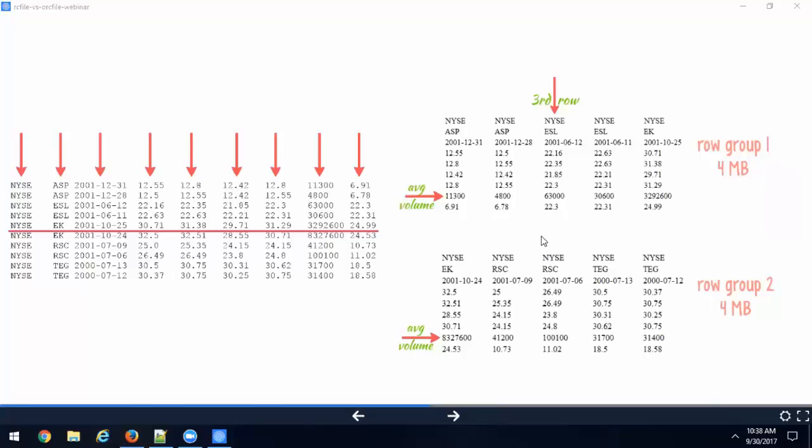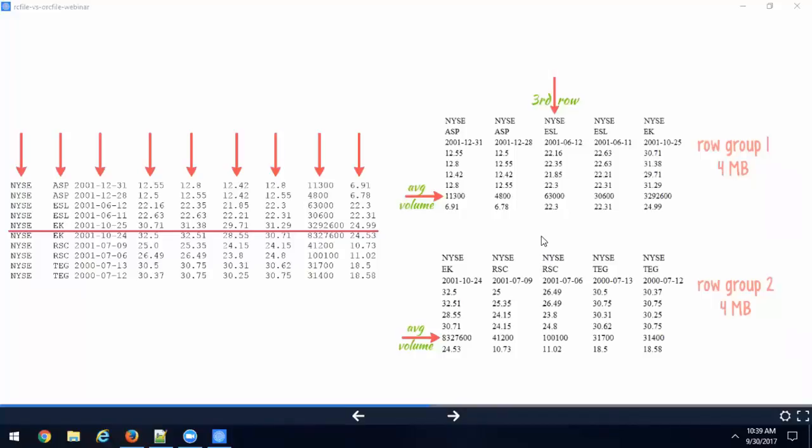And when RCFile went live, Facebook was the biggest user of RCFile. They did several benchmark tests, and the compression was significantly better when compared to a regular text file, right? Because you can compress at the column level. And since the column values are grouped together and they are alike values, the data types are very similar, you will get good compression.